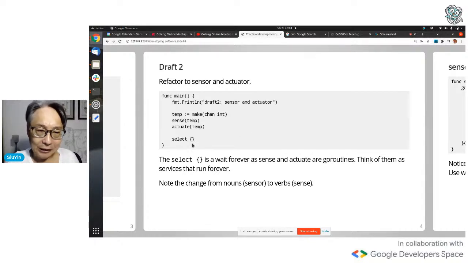And there's this strange construct here called select, open brace, close brace, which is effectively an infinite loop, but it doesn't consume any resources. It's a wait forever. Why is that? Well, here is one of my favorite features of Go. Sense literally is like its own object, its own goroutine, as is actuate. So let's look at sense and actuate in greater detail.